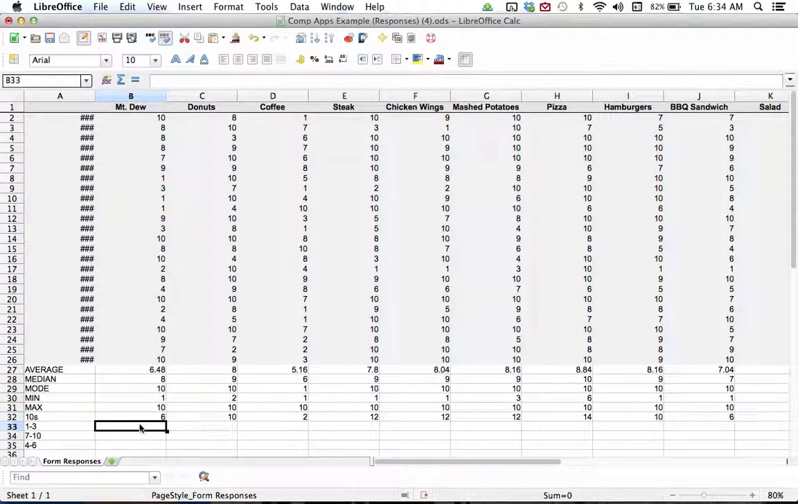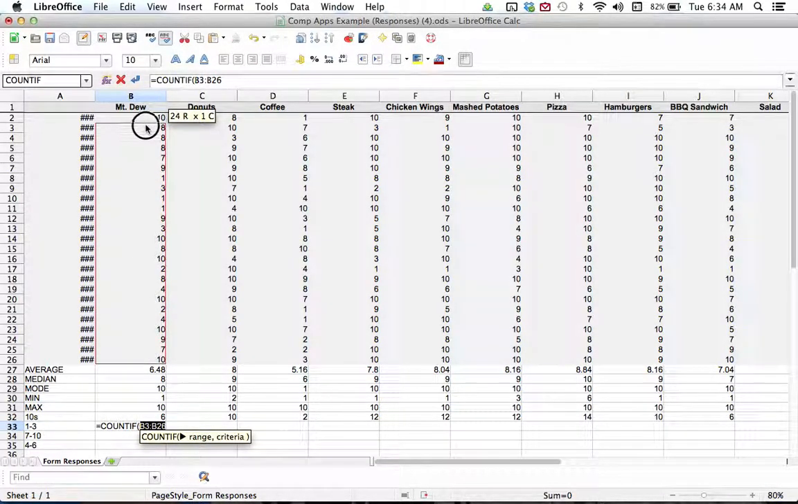For 1 to 3, essentially I'm looking for how many are 3 and under. Same idea. I would do a count, and this time I would count if the cells in this range, comma. Now my criteria is if they are less than or equal to 3. So I can actually type in less than or equal to 3, but there's one trick here. What I need is some quotations around it because it's part of the syntax. I'm checking if something is less than or equal to 3, so I put the quotations around it,